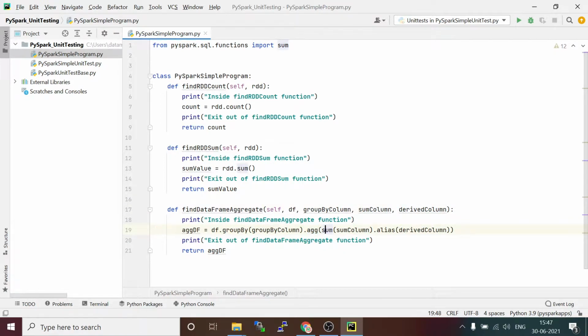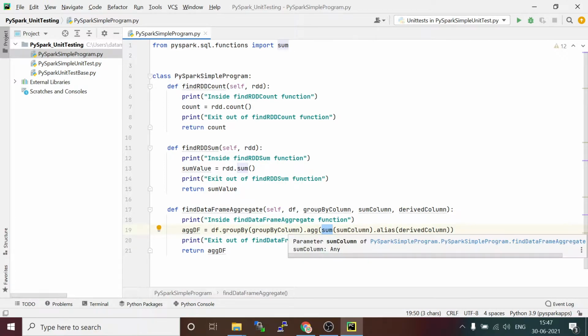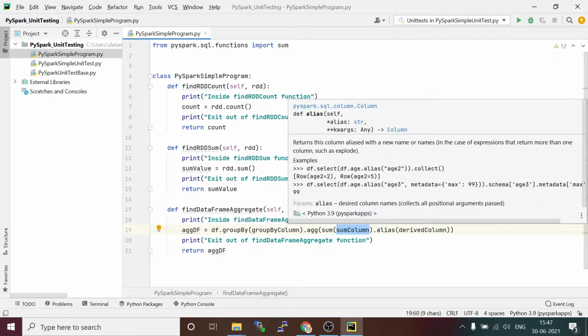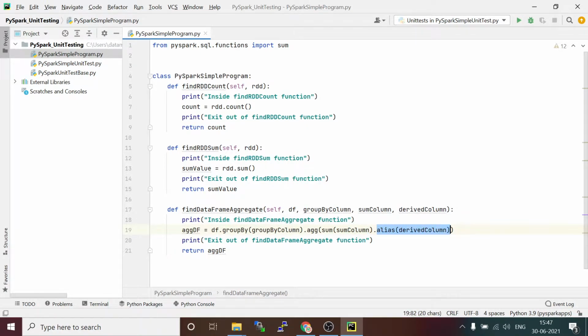In the agg function, you say sum of the column you want to apply the summation on, and this will return the sum of the amount spent. Then you name the column total amount spent, which is why we use alias for the derived column. It returns an aggregated data frame.